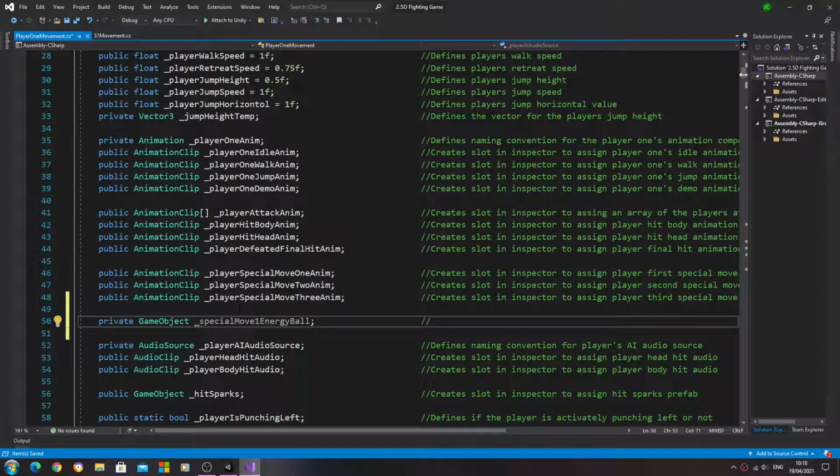Close that line off. Into the comments, our usual comment. Defines naming convention for the, I'll put first special move energy ball,